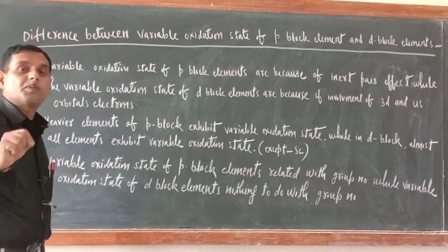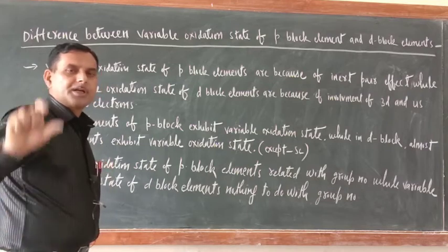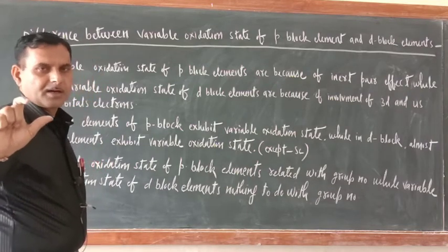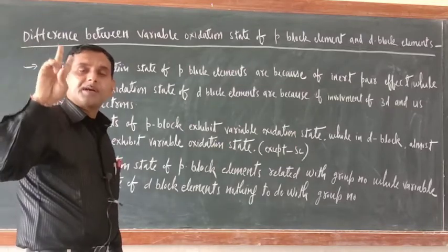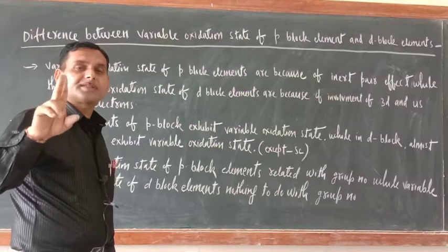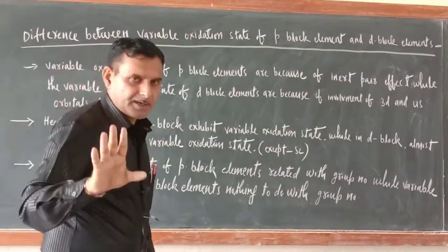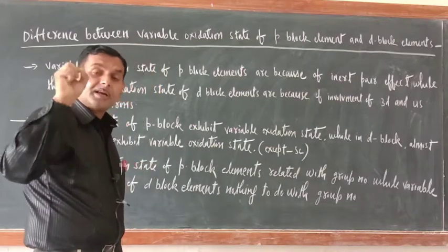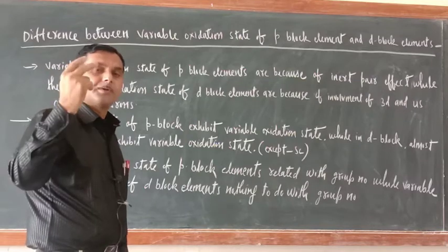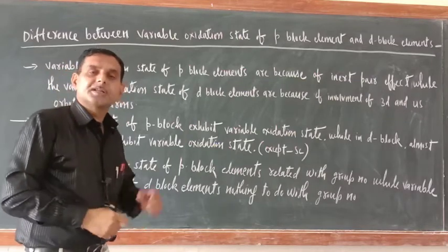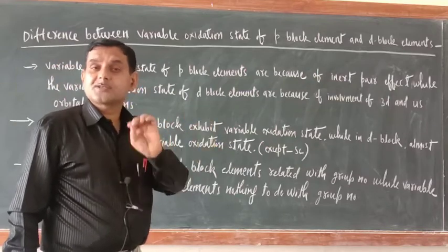That is why Zn2+, Cd2+, Hg2+ compounds are colorless, because their d orbital is completely filled. Remember, an unpaired electron present in the 4s orbital will not make any involvement. There must be an unpaired electron in the 3d orbital if you are talking of the first transition series. If you are talking of the second transition series, then 4d.